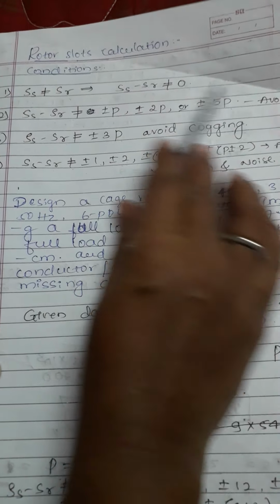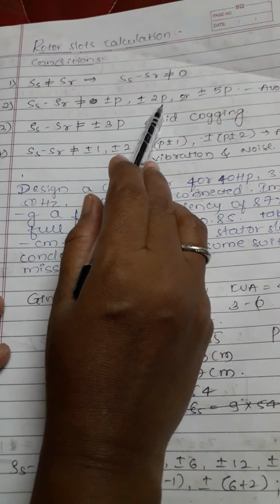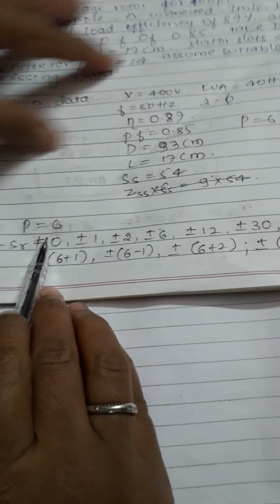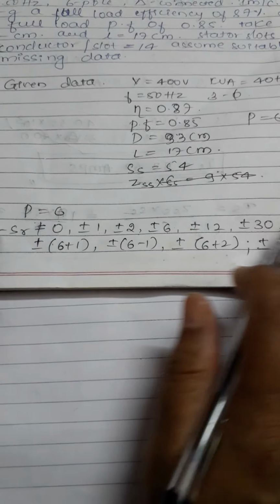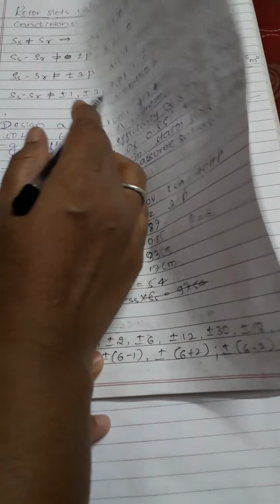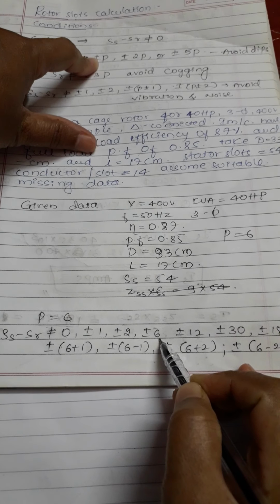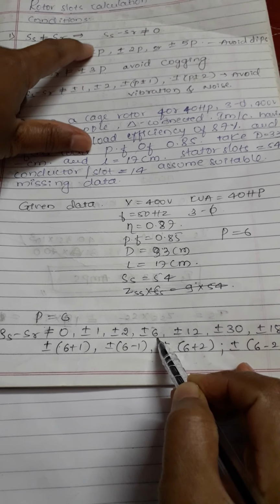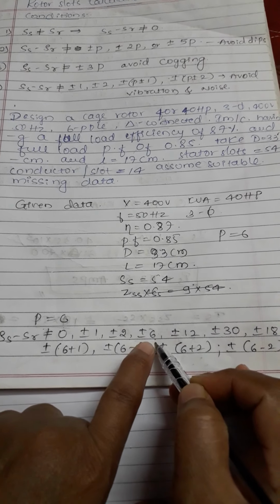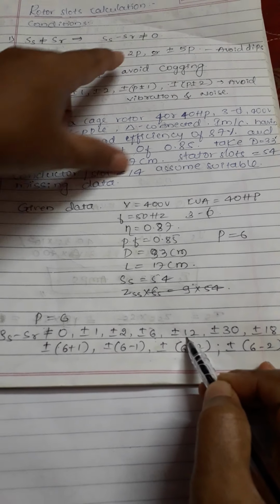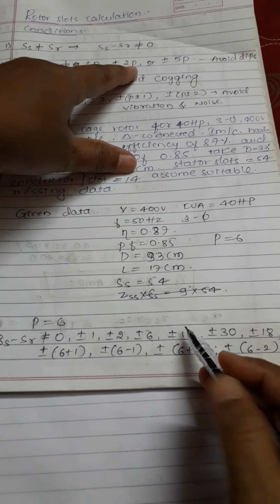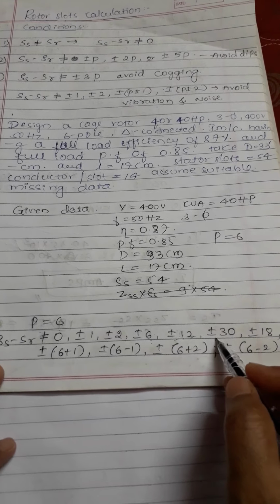All this we have to add, and here we have to substitute P. So P is equal to 6. SS minus SR is 0, plus minus 1, plus minus 2, then P is the number of poles, so plus minus 6. Next 2P, 2 into 6 means 12, so plus minus 12,